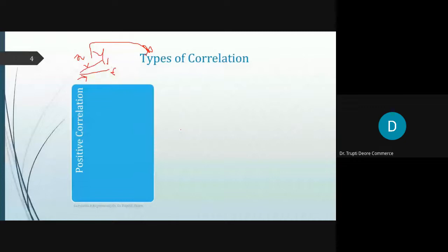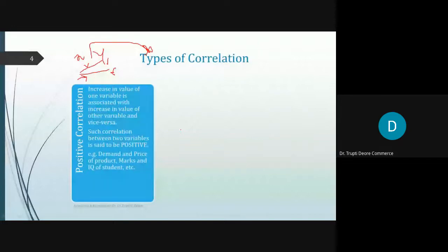So first one is positive correlation. What do you mean by positive correlation? Increase in value of one variable is associated with increase in value of the other variable, and vice versa. It means if we are considering height and weight of a person, increase in height also has an increase in weight. So they have the same flow or same relationship between these two variables. Then it is called a